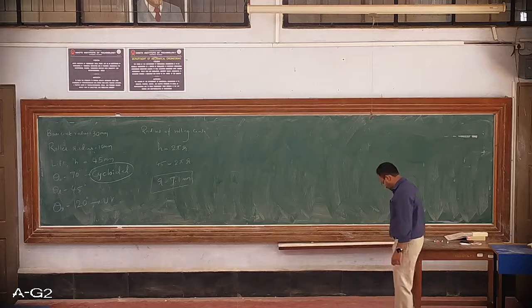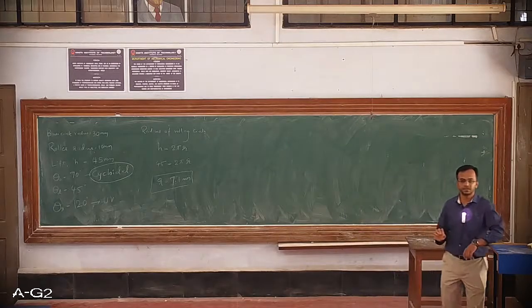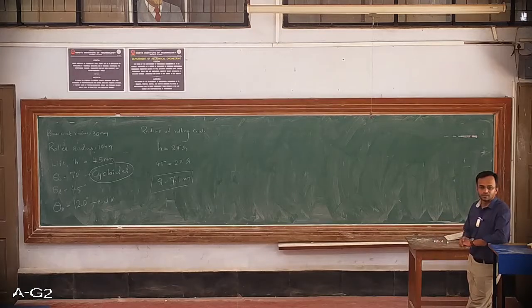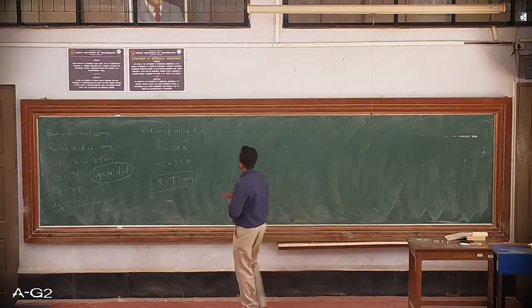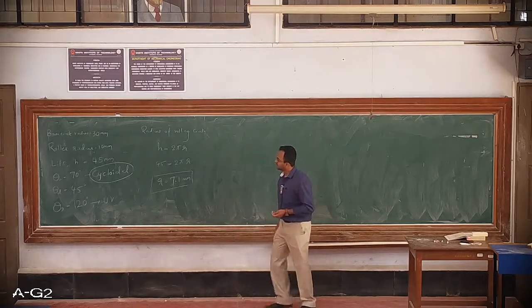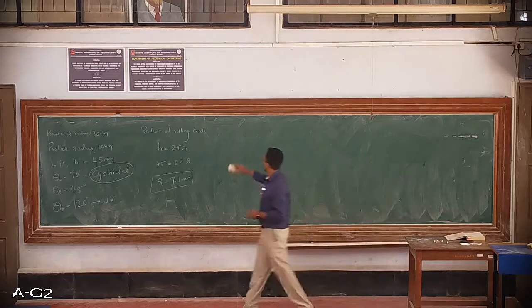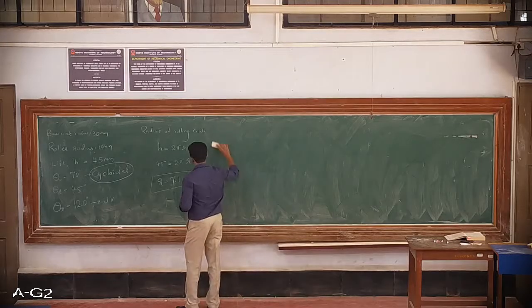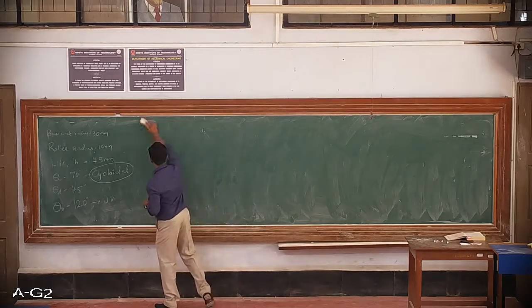Okay, so this is one small additional calculation that you need to do only when the cam profile construction requires you to draw a cycloidal follower displacement. So whenever cycloidal motion is involved, you need to calculate the radius of the rolling circle, which is coming out to be 7.1 mm. We'll just erase this to draw the displacement diagram over here. So we'll just remember this data, that is 7.1 mm.